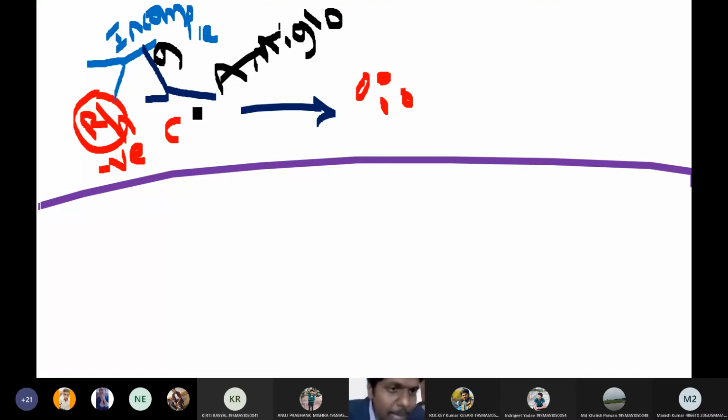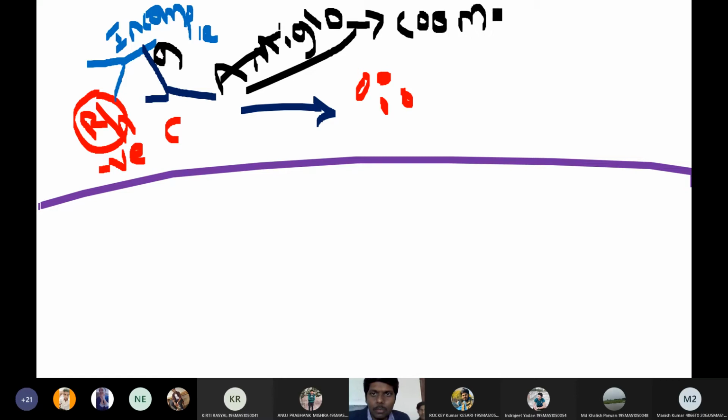So by adding the secondary antibodies, I found that red blood cells are sensitized with incomplete antibodies. Sensitized red blood cells are detected by adding secondary antibodies, and these secondary antibodies are called antiglobulins. This reagent is called Coombs reagent.